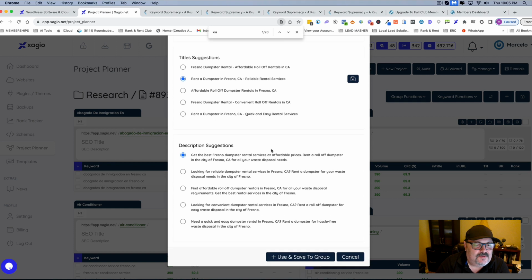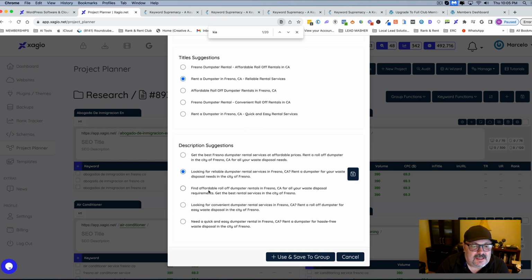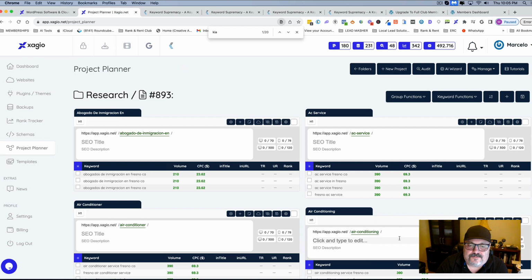Doesn't really matter for this. We'll tweak it a little bit, but if you look at this, it's really good, very well written, very optimized. And it has Fresno, California. It has all those keywords pushed together, and they wrote this really good content. Super cool stuff. So let's just save it to the group.